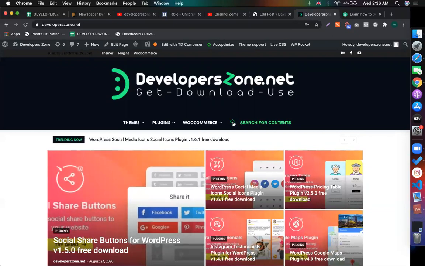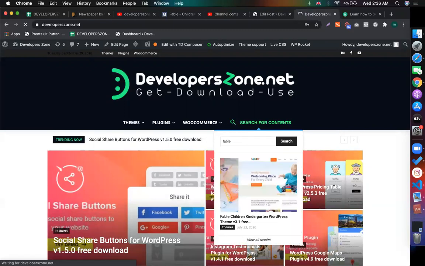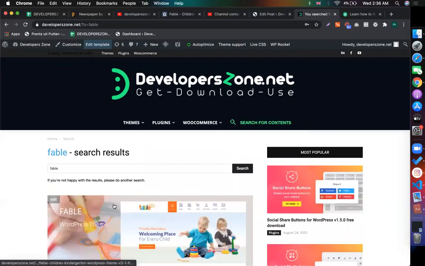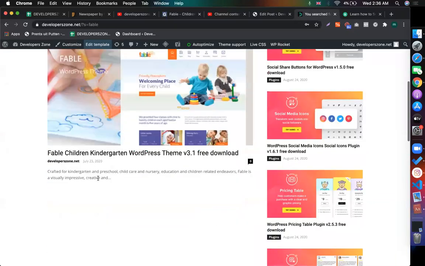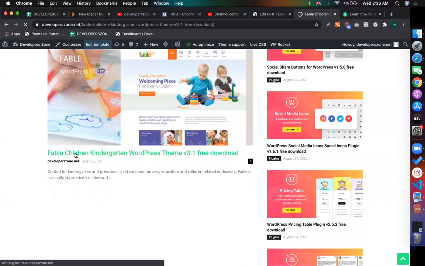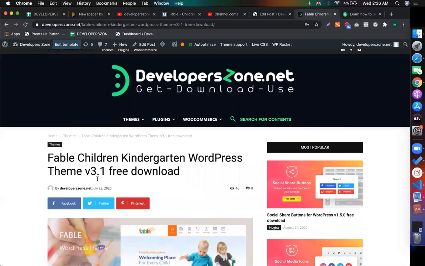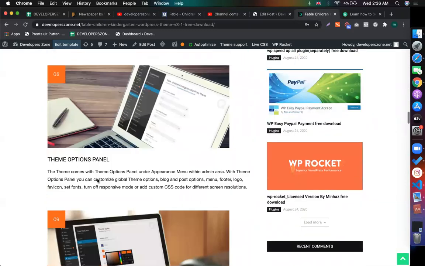Okay, at first go to search button, say I want to download the Fable theme. Okay, you will get the theme here, and I'm going to the theme page, and at the very bottom of this theme you will get a download button